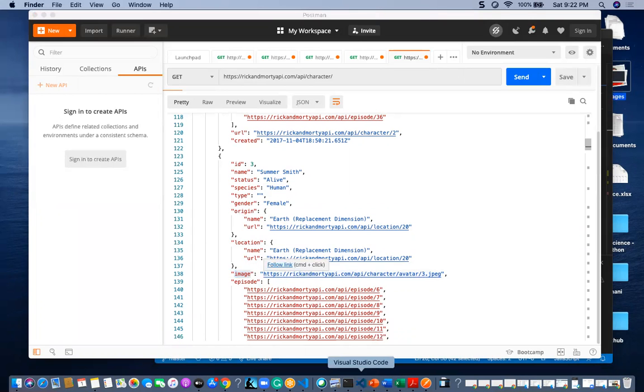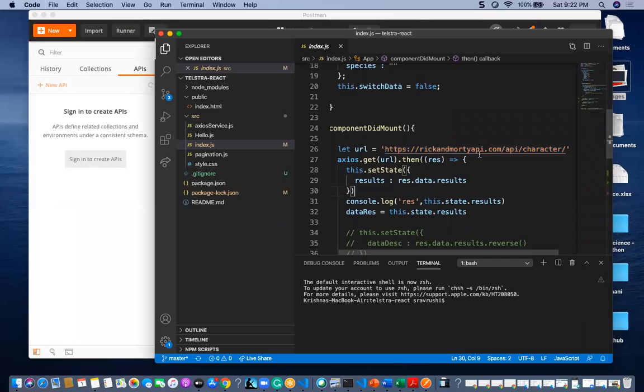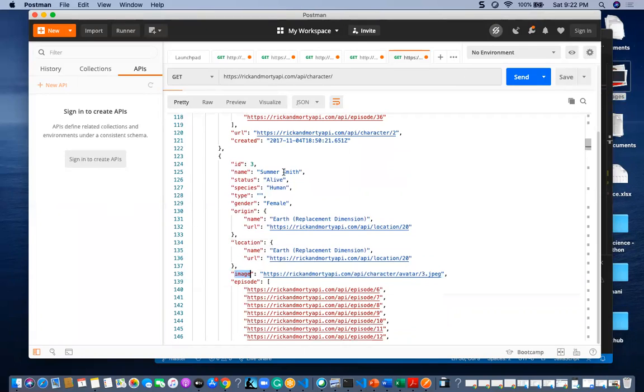Is API data written by backend people? Yes, it is written by backend people. The API is given by backend people. In our case, most of the time it is from Java. It can also be from Node Express JS, that is a different module. Most of the time it is from Java or Python, and they will interact with the database.